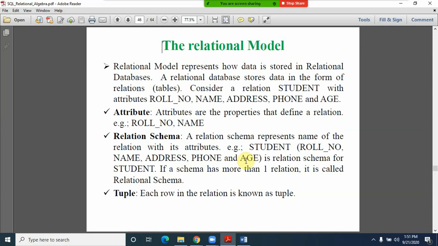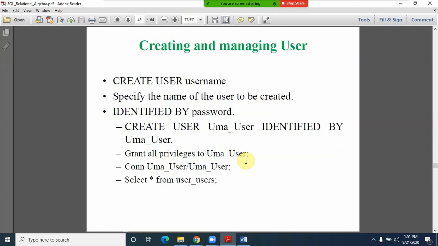With the help of these things you can perform the handling and managing of users. And in the next class, friends, we are going to talk about the relational model, which is very interesting. Within the relational model we again have relational calculus, tuple relational calculus, and the domain relational calculus. Those things we are going to see in the next session. Okay, let me know any doubts, friends.